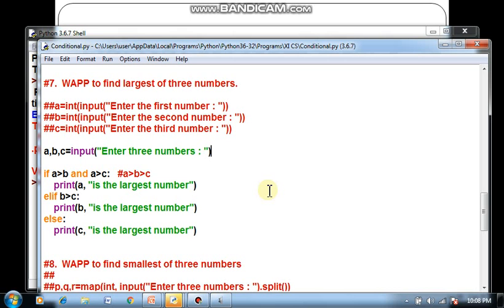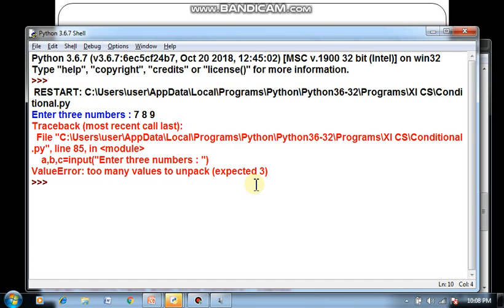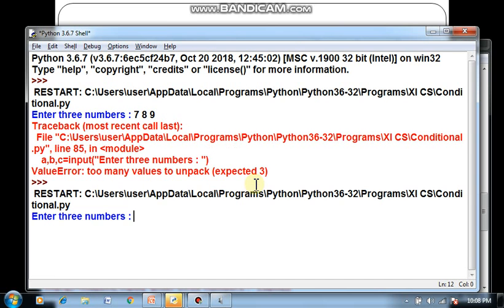So what is the solution for this? The solution is you can use the split function. We can split the values using the split function. So the entered value is split. Let's execute the same program again and give some values: 6, 7, 8. So 8 is the largest number, so it is correct, perfectly all right.